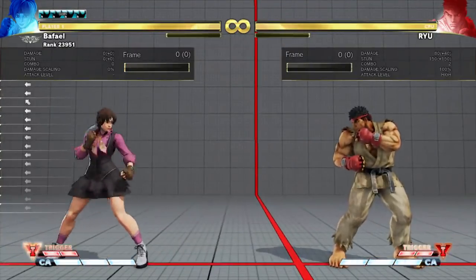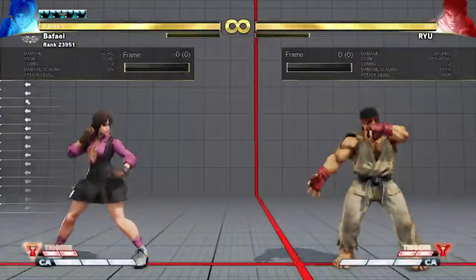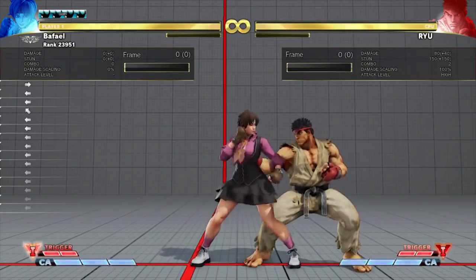What else about EX Fireball? Is there anything else about it? Oh, I haven't shown this, but her crush counter combo off of Back Fierce. You can actually charge an EX Fireball there. So the meterless combo I was doing...